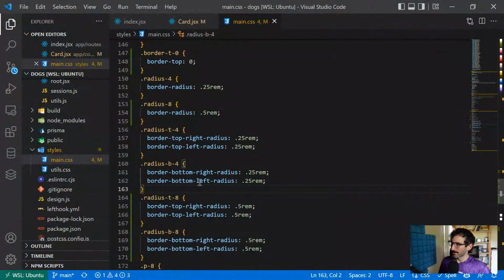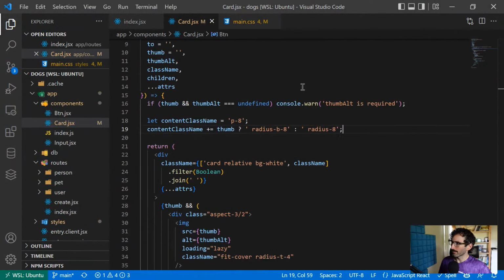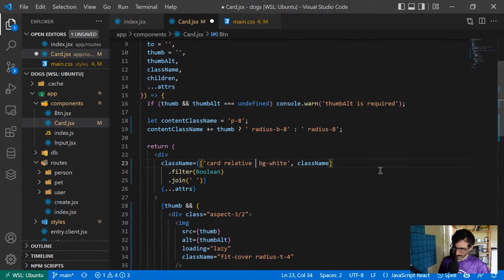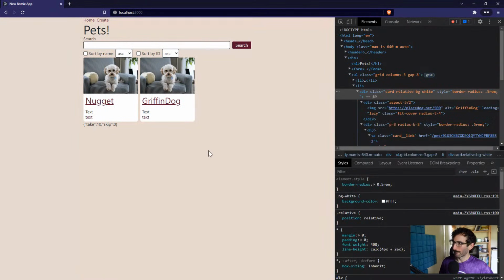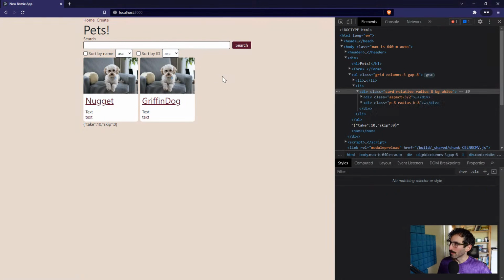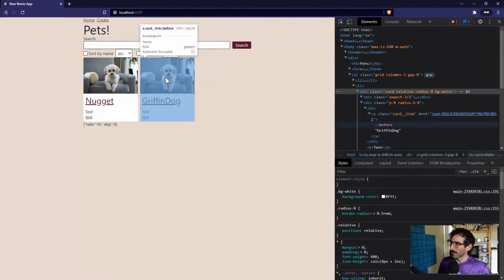I don't know, because I was doing something wild last time. Let's see. We got the background white, position relative, border 8. Let's see there. Nope, radius 8. And cool, now